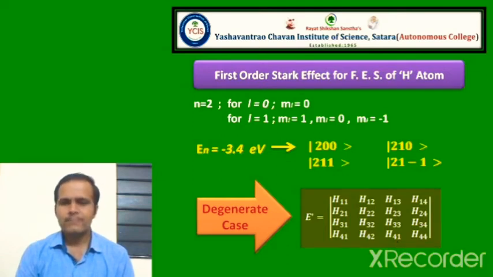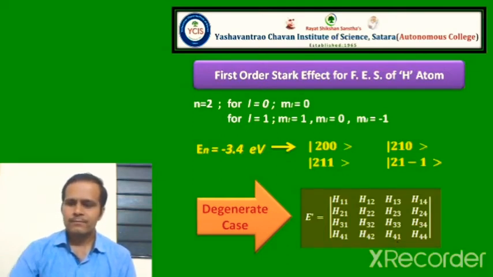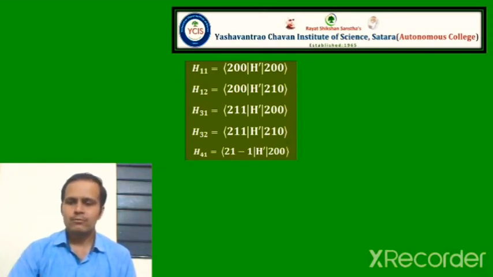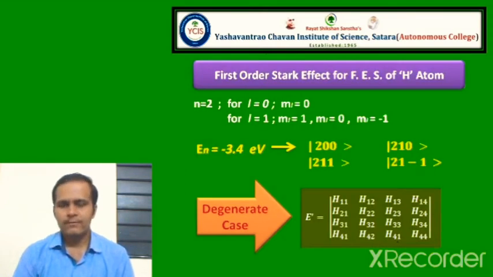So H11 means what? H11 means <200|H'|200>. What is H12? <200|H'|210>. What is H13? <200|H'|211>. In this way, we can find H11, H12 and all of 16 integrals we have to